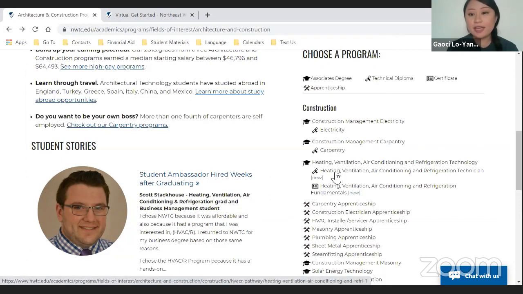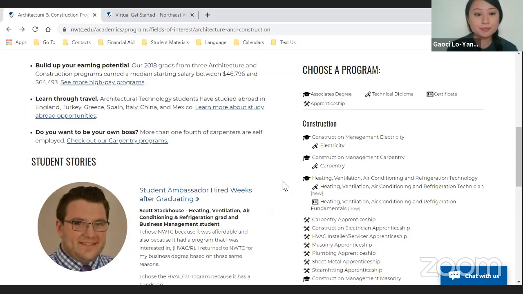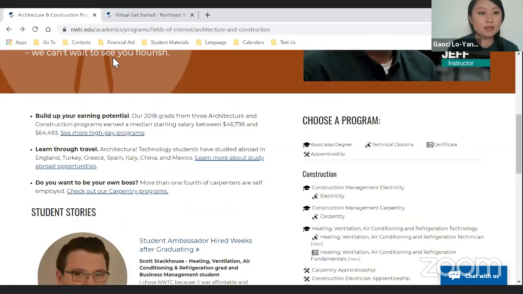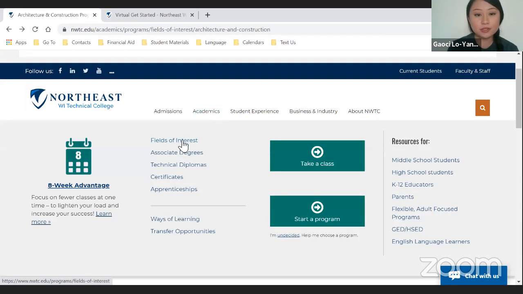We also have HVAC, which is heating, ventilation, air conditioning, and refrigeration, where you can learn how to install and repair that equipment. And with all of these, you can be working in residential, commercial, or industrial settings. So that's construction. I'm going to go back to academics, fields of interest,